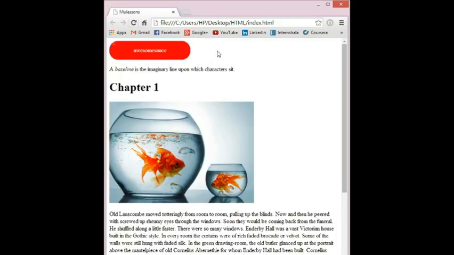Let me just refresh it. It is blue now. If I take the cursor over here, it disappears, and now it appears red.